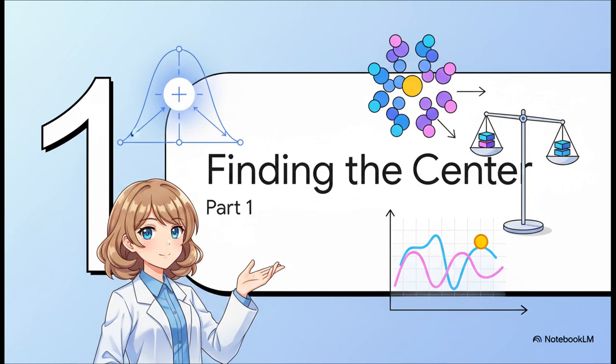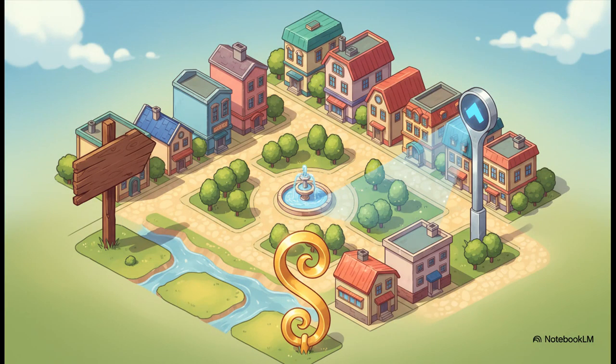All right, first up, the first set of tools in our kit has one really simple job: finding the center. The heart of our data, where's the middle? What's the most typical representative value? Let's dig in. So let's imagine all your data is like a town. Now, if I asked you to find the center of that town, what would you do? Because there's not just one answer. You could be talking about the exact mathematical center, or maybe the geographical middle, or hey, maybe it's just the most popular spot where everyone hangs out. Each of our first three tools is like a different kind of signpost, and each one points to the middle in its own special way.